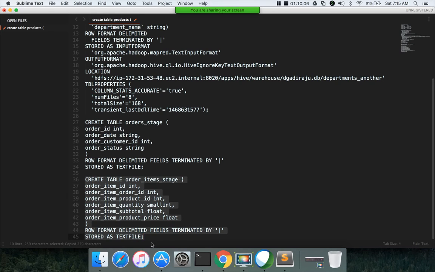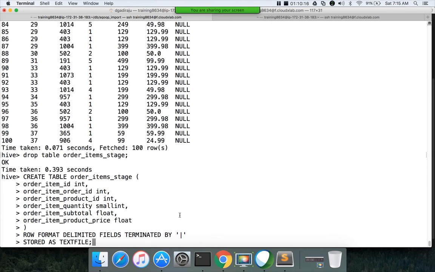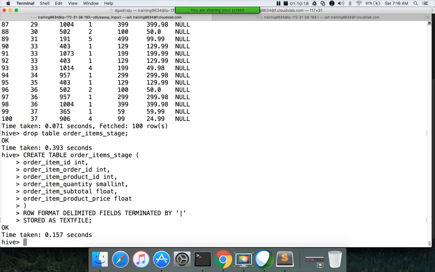I am explaining how to apply transformations while loading the data into other tables, where the tables will have the processed data. Hit enter. Now the order items stage table is created without order item order date, and now I have to use the load command.